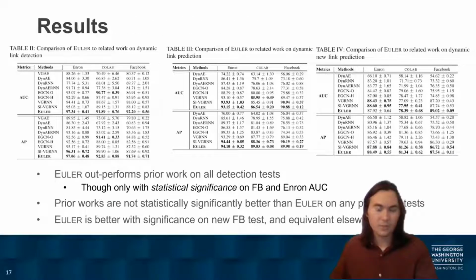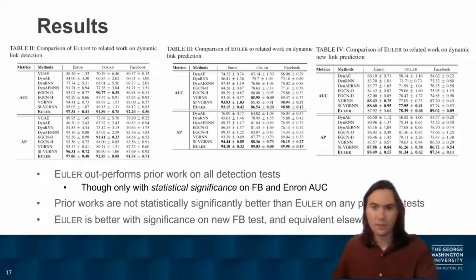And the results were pretty good. They showed that Euler constantly outperformed or performed as well as the state-of-the-art. Ties here are based on the p-value of a student t-test. So we only report that Euler or another method performed better if it performed well enough that the p-score was